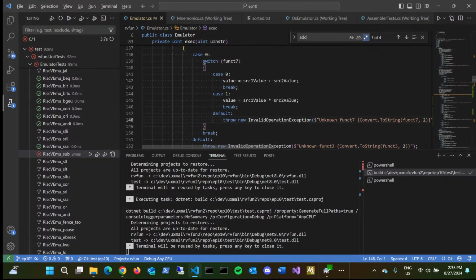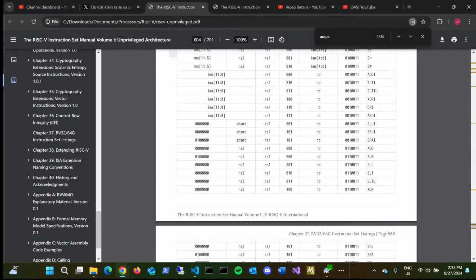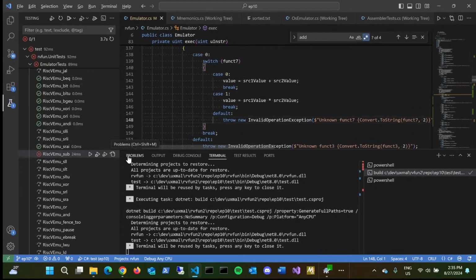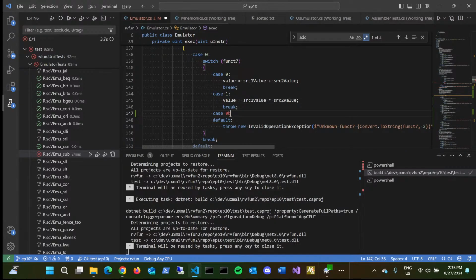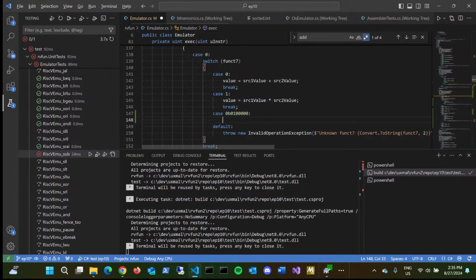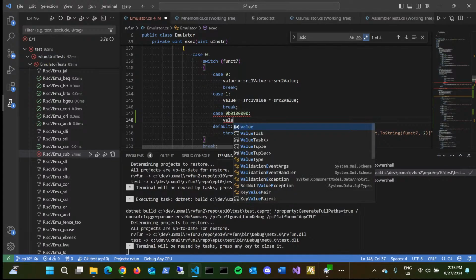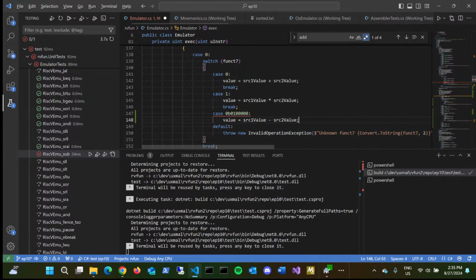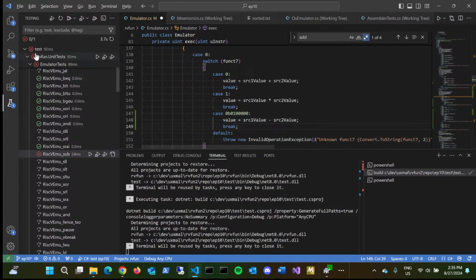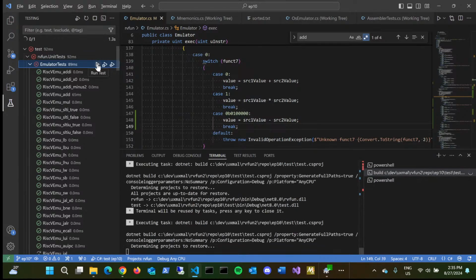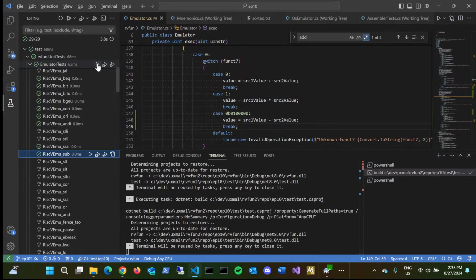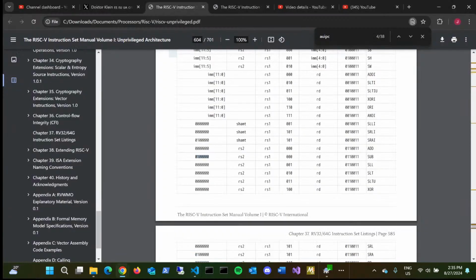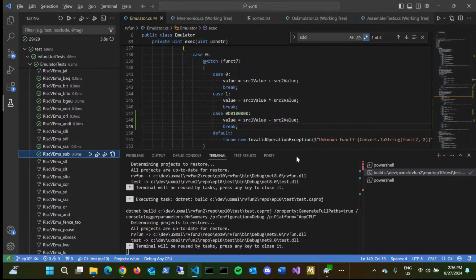So, all right, let's find the implementation of sub. So sub is this number. And that's the funct7. Then value equals source1 value minus source2 value. Imagine we made it this far without even implementing subtraction. Right, there's happiness all around. Then we do the shifts. I think we've done